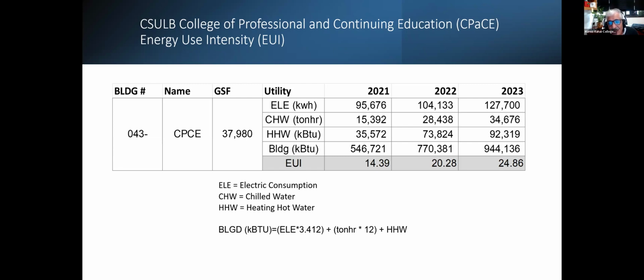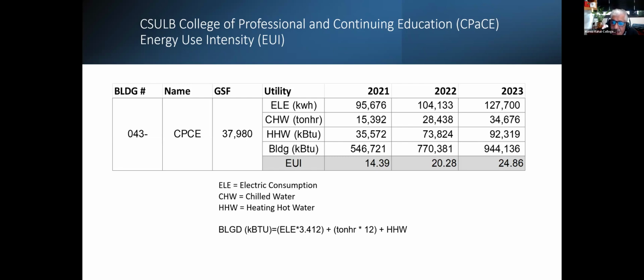And when we look at the BTU here, is that how much natural gas was used to heat this, and also the chillers, how much electricity was used to chill the water. This is how you calculate those. And so the total for the buildings came out to be, for 2021,